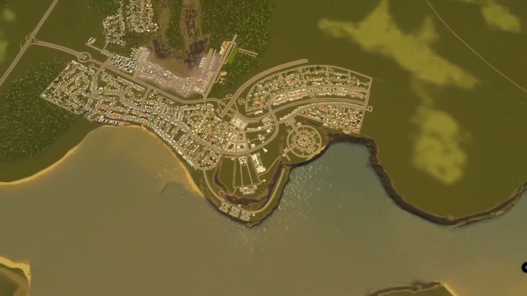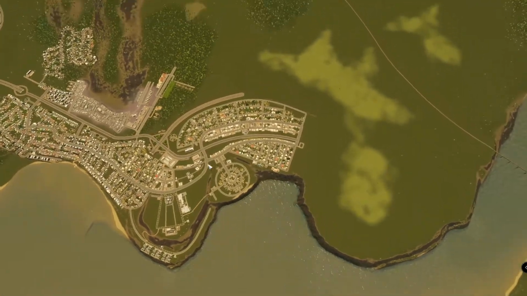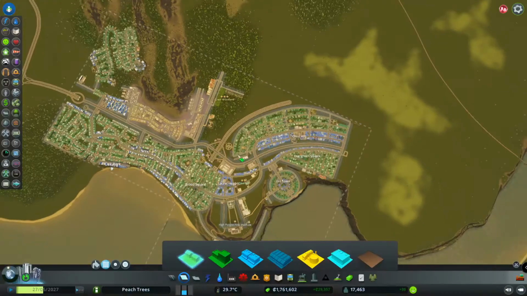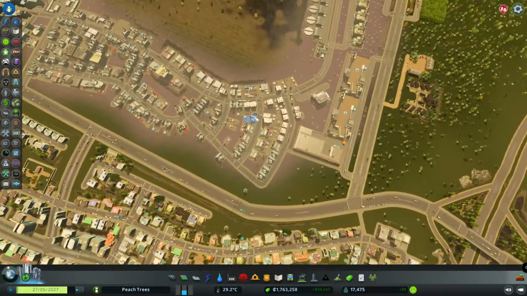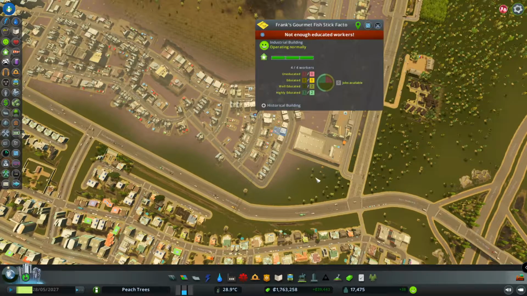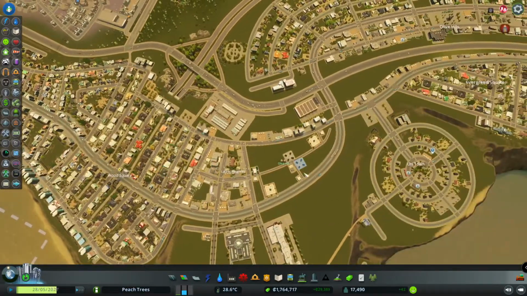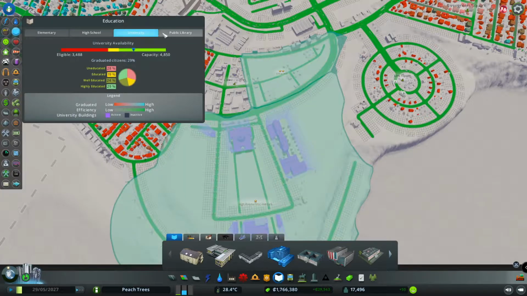Also from above, it looks very organized on this side. Not so much here, because that's not all we built. How's the city doing in general? Any complaints? Just workers, I guess. Not enough educated workers. That's going to sort itself out, because we do have a university and our